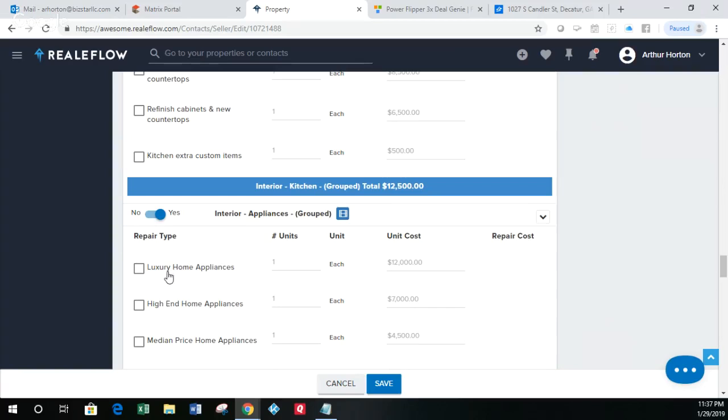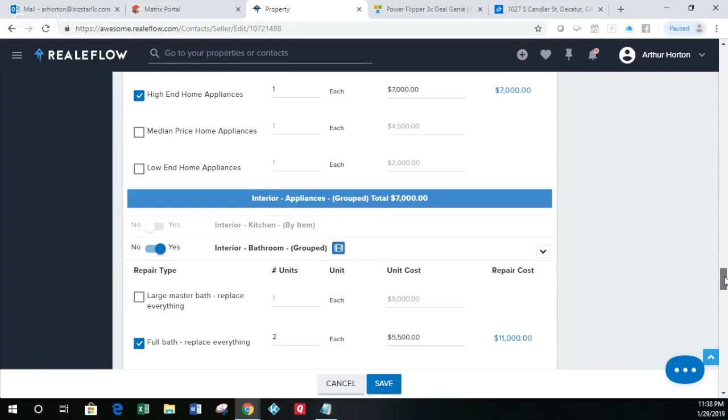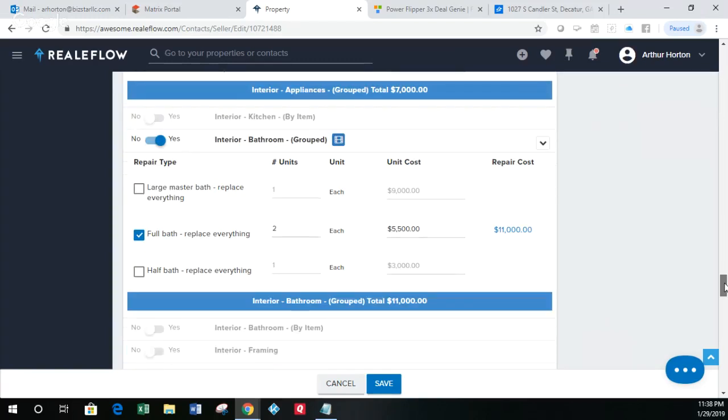You can go luxury, high end, or medium. In this case, I'm going to go high end, which is a medium between luxury and medium. So that's setting aside $7,000 for high end appliances. The bathroom, I grouped it and just said it's a full bathroom, 2 full baths, replace everything, although it's